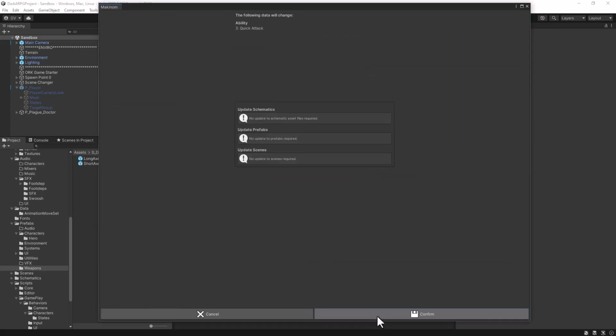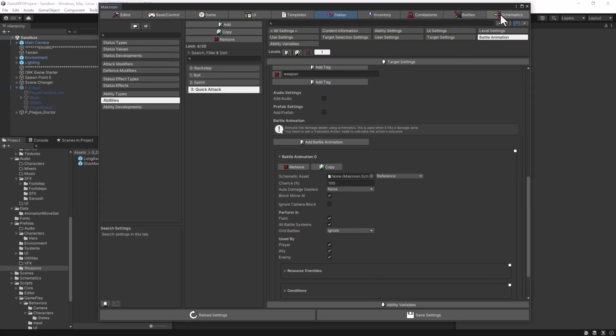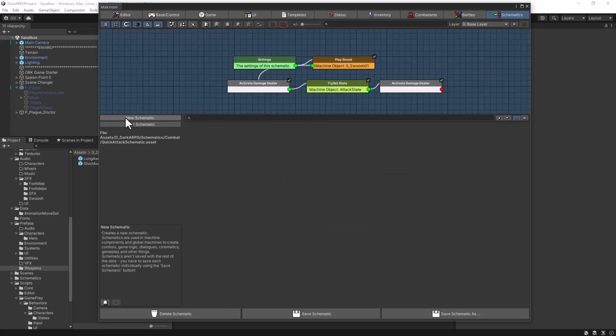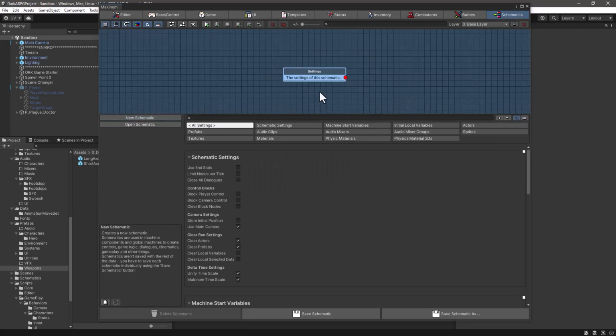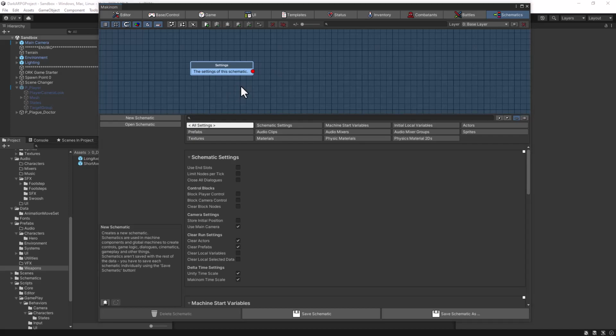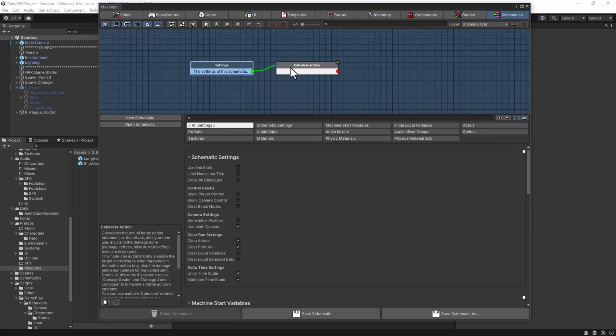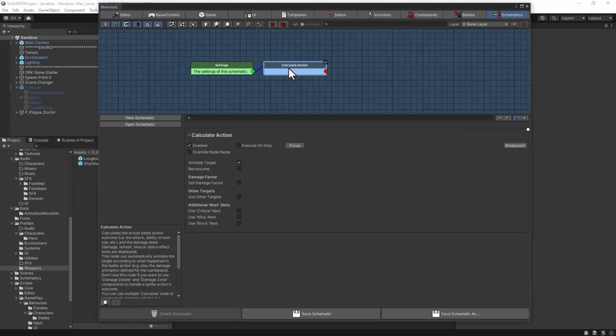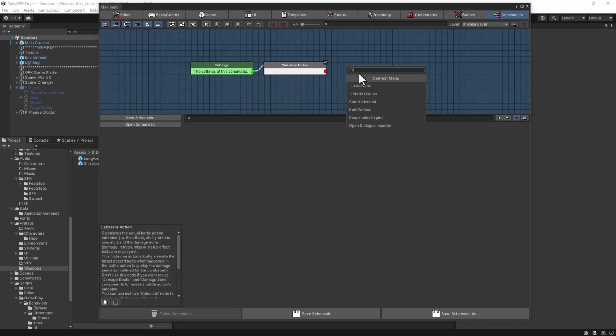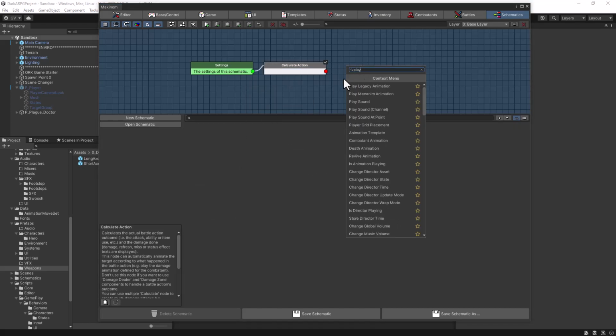So let's save the changes so far. Let's go back to the schematic section and create a new schematic. The settings, again, we can leave as they are. What we need to do right away is add the calculate action node. And after calculating the action, we could also play another sound. So let's add a play sound node,